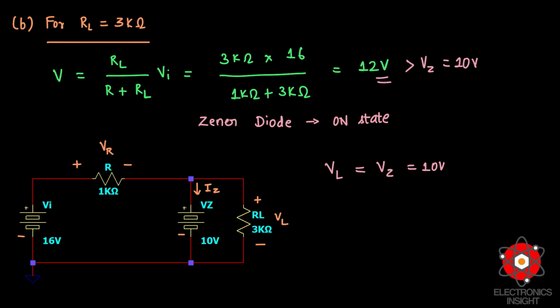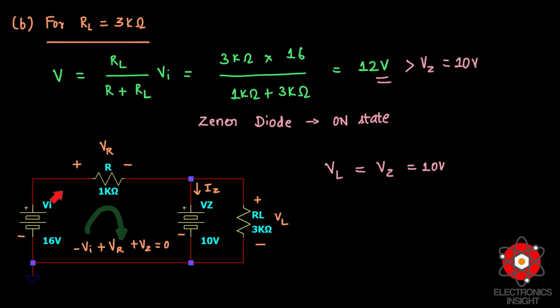So this is how we need to understand the Zener diode circuit analysis. And that is the reason here I have taken the second part with RL equal to 3 kilo ohms, because in the first part when RL was equal to 1.2 kilo ohms, the Zener diode was in off state and the equivalent network was like an open circuited network. But here when the RL is increased, but here also the RL is fixed only like your VI, the Zener diode is entering into the on state, and therefore VL will be exactly equal to VZ, which is 10 volt.